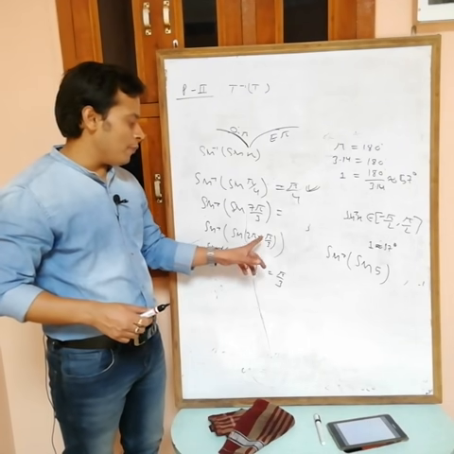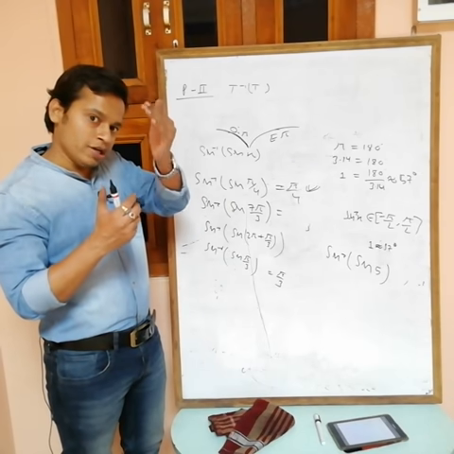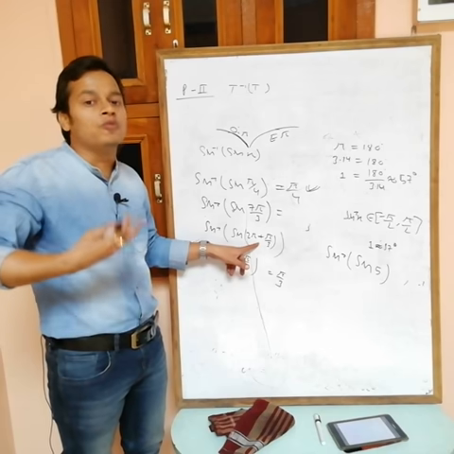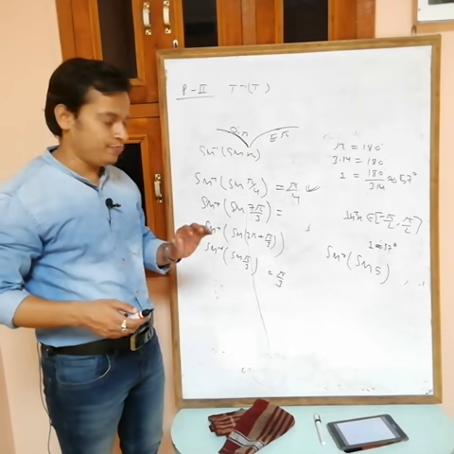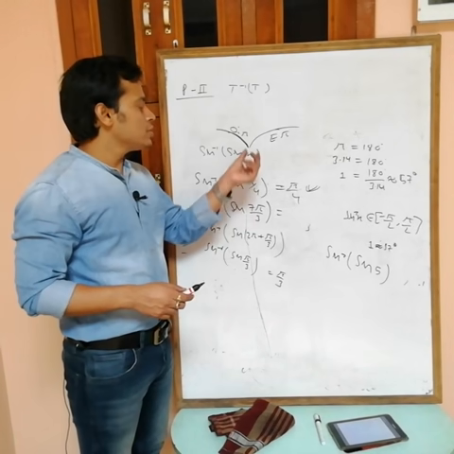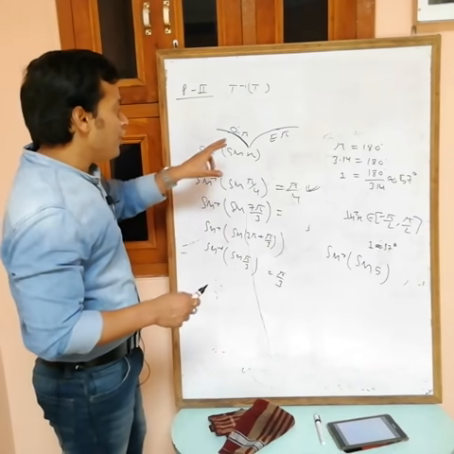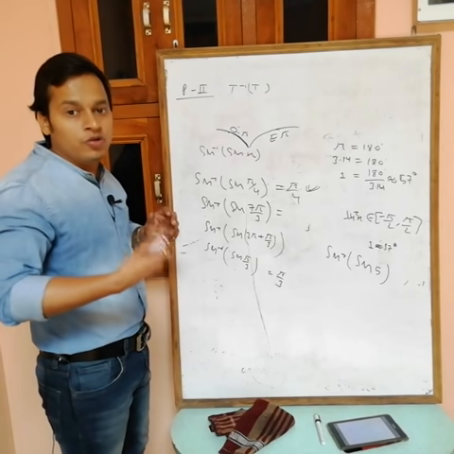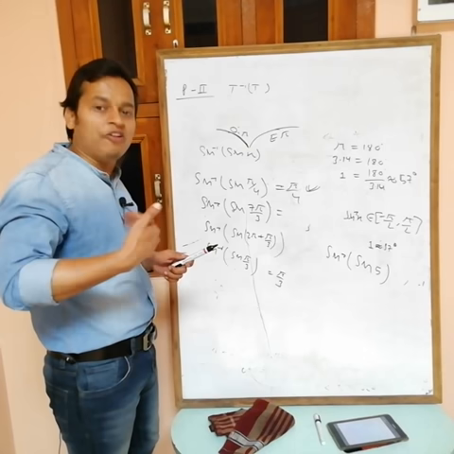So this is 2 pi plus pi by 3, greater than 2 pi, but not greater than 2 pi plus pi by 2. So I can say that this is near to 2 pi, and 2 pi is an even multiple of pi. So what do we have to check? First identify whether this x is near to an even multiple of pi or an odd multiple of pi. If x is near to an even multiple of pi, near means from before pi by 2 to after pi by 2.